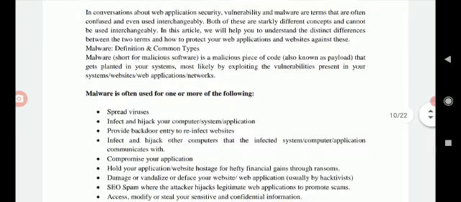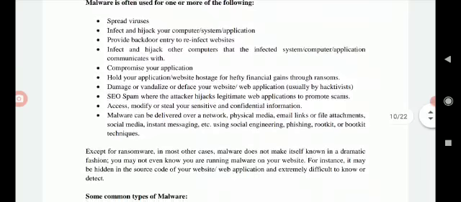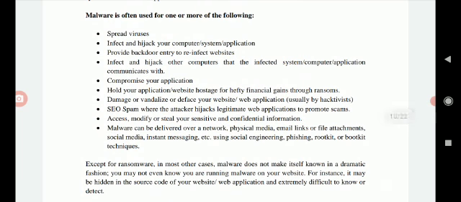Now, vulnerabilities and malware are terms that are often used interchangeably. Malware means viruses or different software and programs with the help of which we perform illegal activity on the victim's PC.